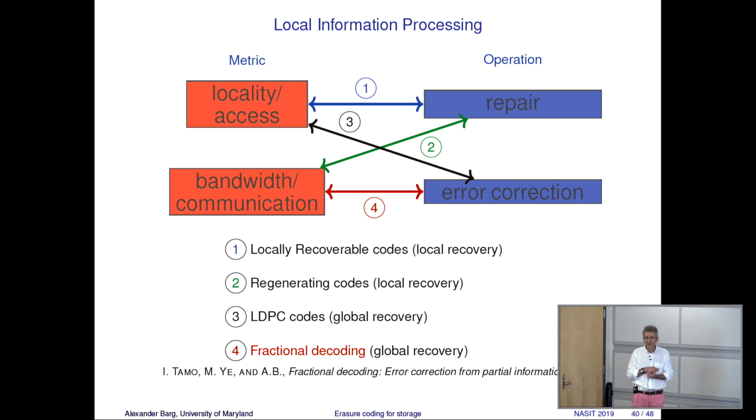So imagine if you are into communications, right? You transmit over a communication channel, a Gaussian channel. You have received something. You try to recover the message, but you recover it not from what you have received, but from some function that eliminates some of the information out of the received coordinates. That is error correction from partial information.